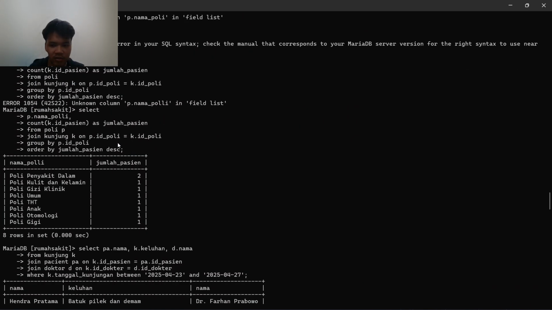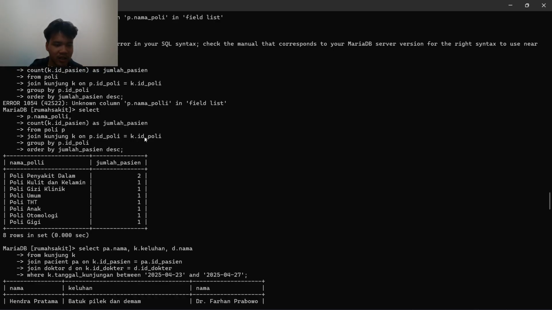The next one is we have to show the poli name and the total patients that visit the poli. Same as before, we use a join, select the nama poli, the count of data in this column as jumlah pasien from the table poli, and we join it.